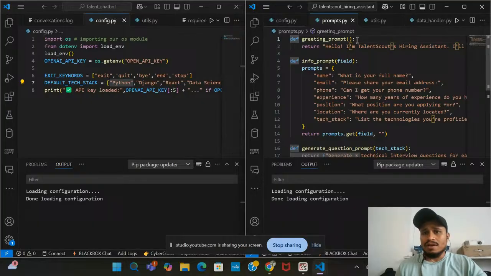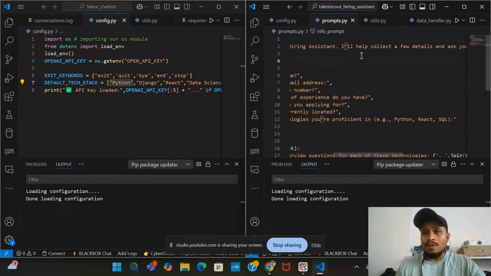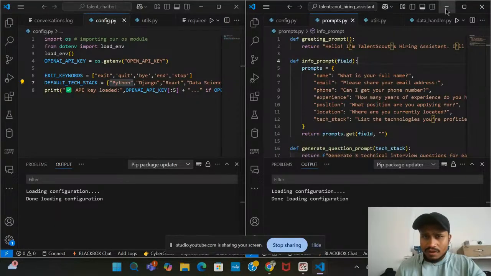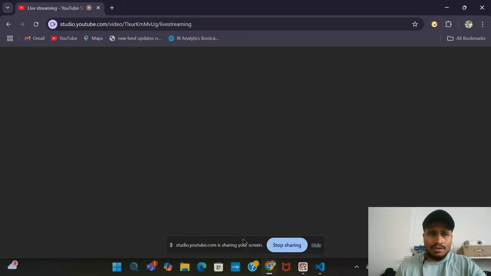So you can see here the prompts. I have created one function, def greeting prompt, and here I have particularly conveyed to the person who is using the chatbot that hello, I am talent scout hiring assistant, and I will help you collect a few details and ask you some technical questions. Let's get started. Okay. So before this, I will just open my Google Doc here once,